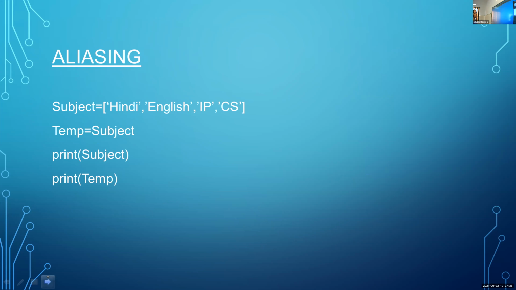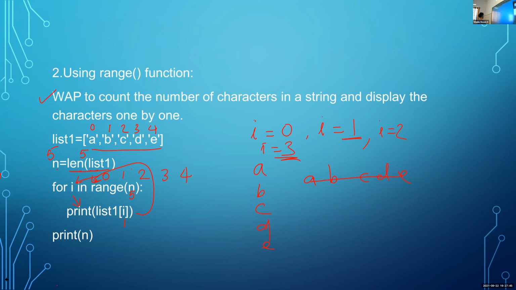So if you want to give one alternative name to a list, we already discussed this one with another example.